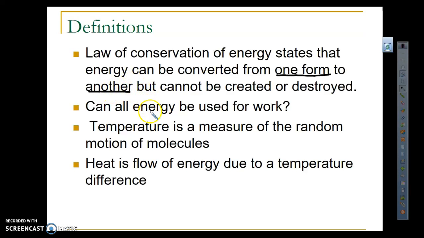That happens a lot. Because all energy cannot be used for work, you're always going to lose some to friction. And even if you don't, it's still not converted to all work, but that's a different story. But we have a lot of friction, and what happens is things heat up. So temperature is a measure of the random motion of the molecules. So when I talk about temperature, I'm just talking about, on average, how fast are these molecules moving.